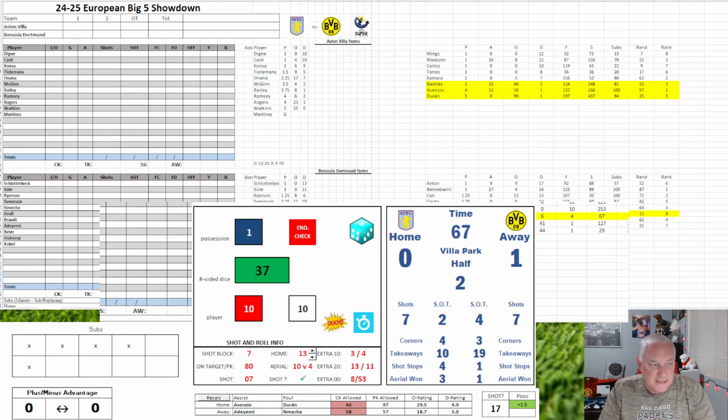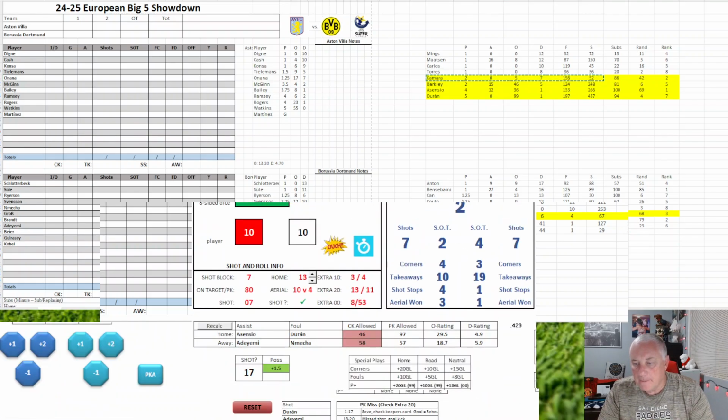Ollie Watkins will be subbed out. The highest position number available is Kamara, so that's going to be him. So they used all their attacking subs. They're going to put someone in to balance it out a little bit. Kamara subs in for Ollie Watkins.